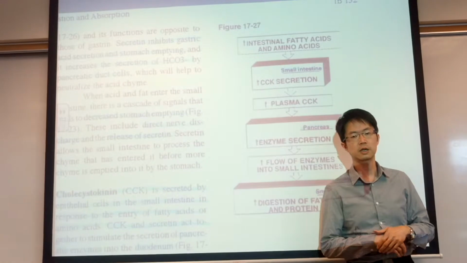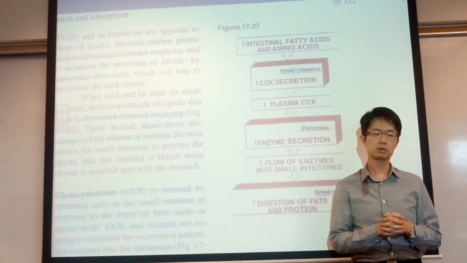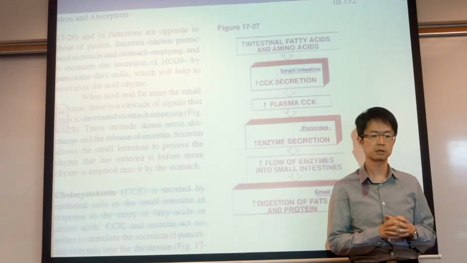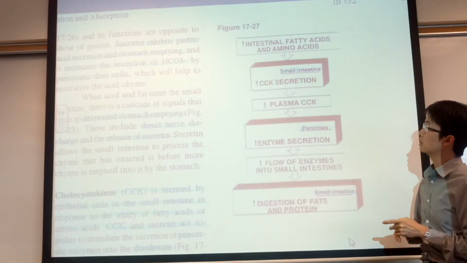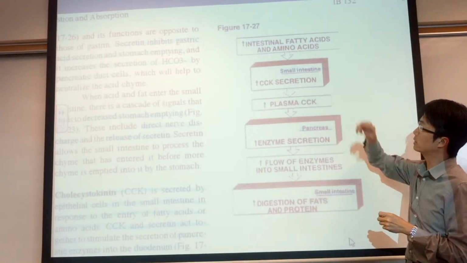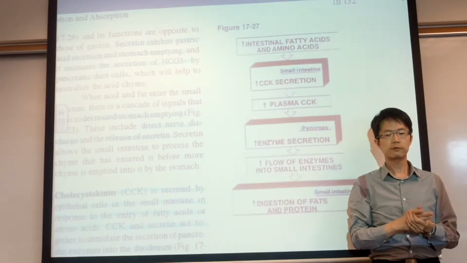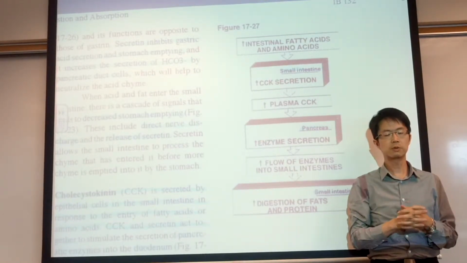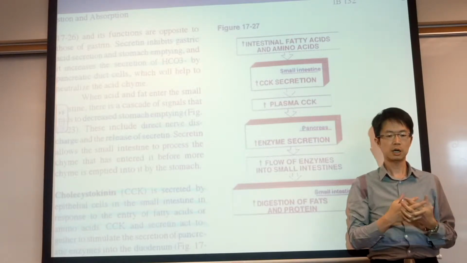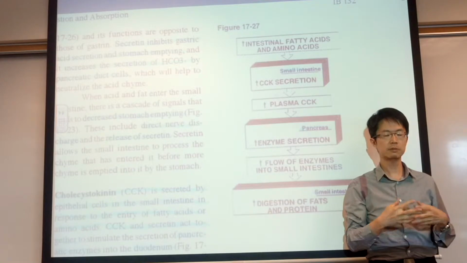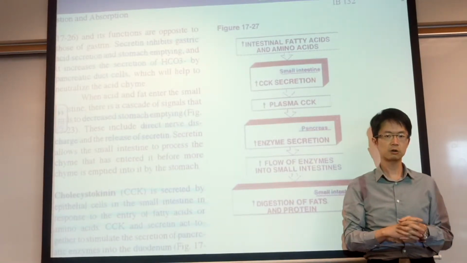So the next enterogastrone, the digestive hormone that we're going to talk about, is called cholecystokinin, or CCK. Cholecystokinin is stimulated by fatty acids and amino acids, meaning that when the chyme is being emptied into the small intestine, the chyme has fatty acids and amino acids. That means you have food or nutrients in the small intestine. Then you have cholecystokinin